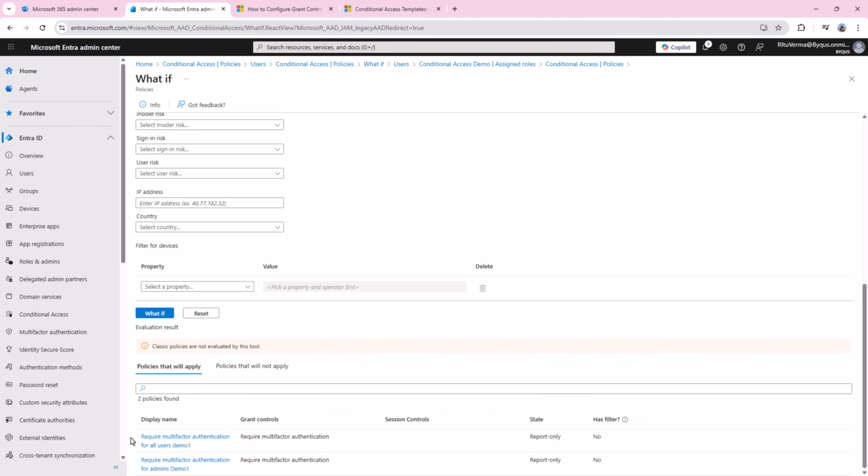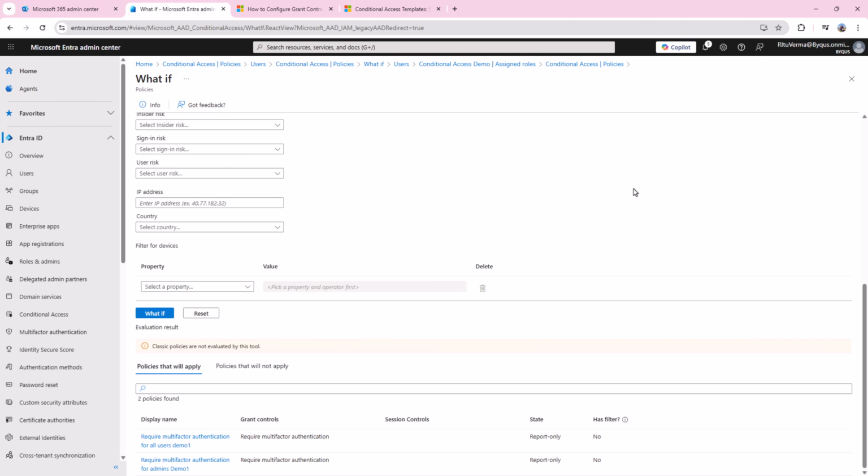So we see as soon as we added this account with an administrative role, it requires multi-factor authentication for admins, right? So these policies are working. Require multi-factor authentication is working. Require multi-factor authentication for admins demo 1 is working.